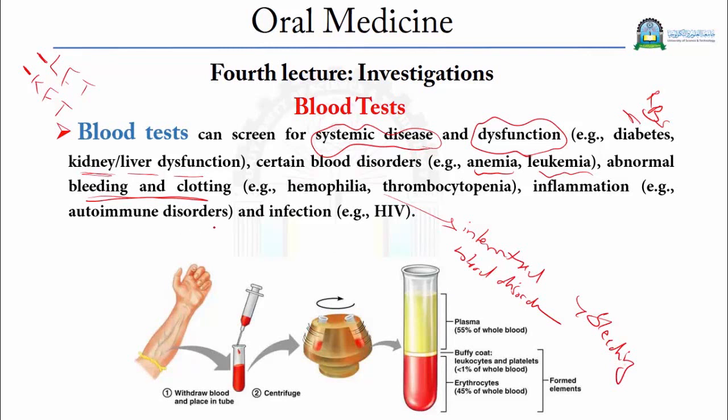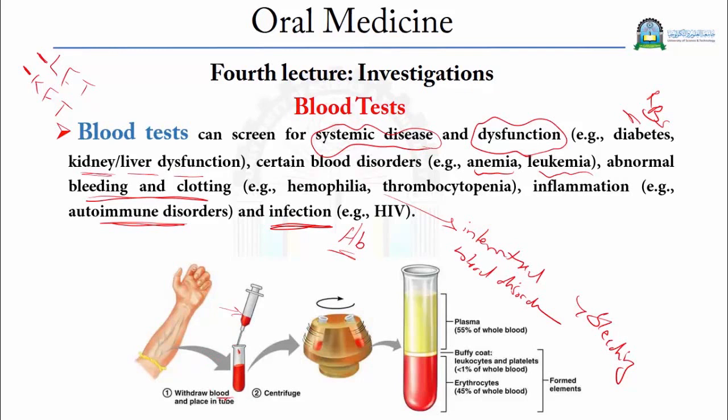Inflammation also can be screened by blood tests, like autoimmune diseases, as well as infections like HIV and hepatitis B, and hemoglobin level, and also any infectious disease can be screened by a sample of blood. So this is how we take a blood sample from the patient to screen all these systemic conditions. We will take an arterial blood sample from the patient by syringe,